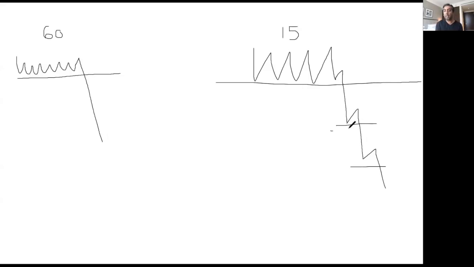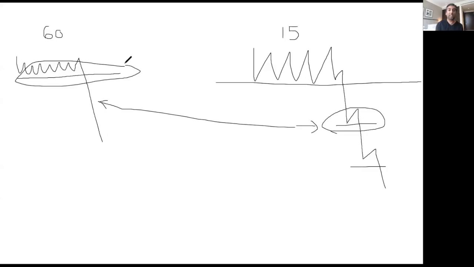When you drew this line here on your 15, I want you to show me where that is on the 60. We don't see it on the 60. Now, this line that you drew on the 60, I want you to show me that on the 15. It's clear. If you go from top down, everybody sees it. If you go from bottom up, there's a high chance the big boy doesn't even care about it. You see that? It's not about how much money there is.